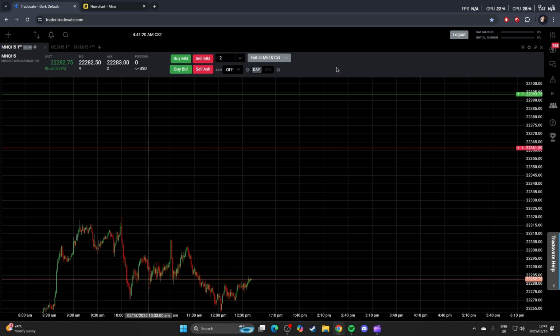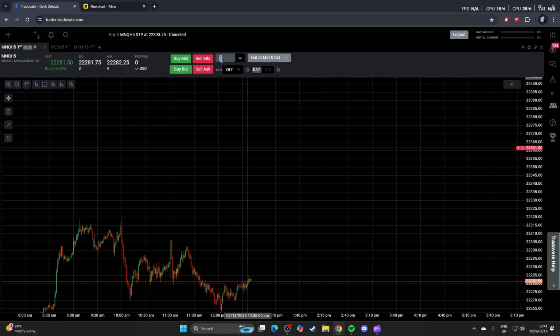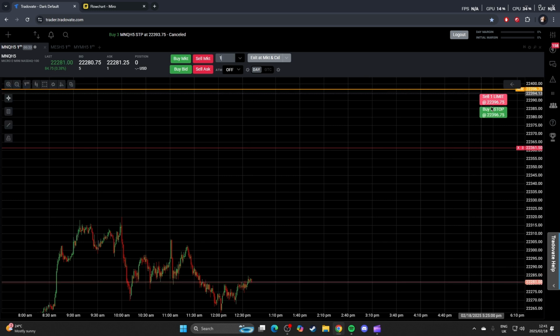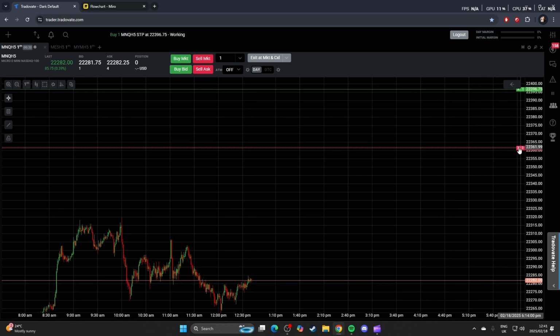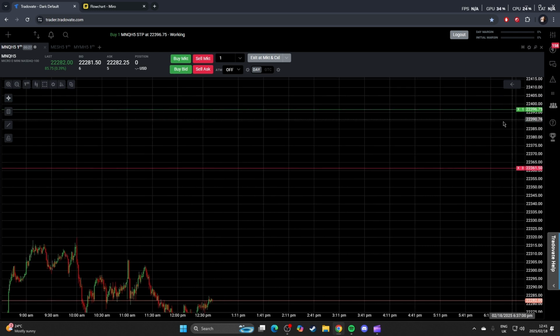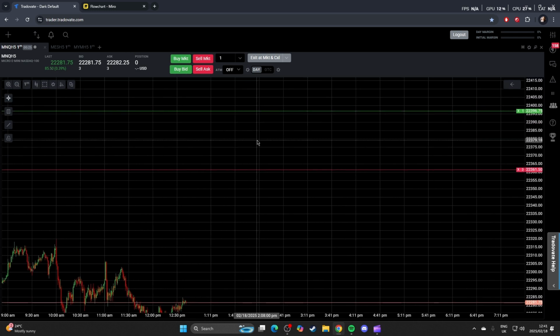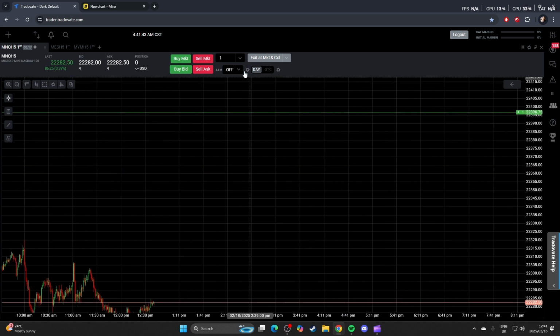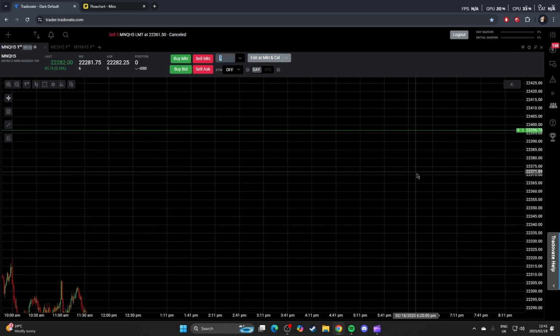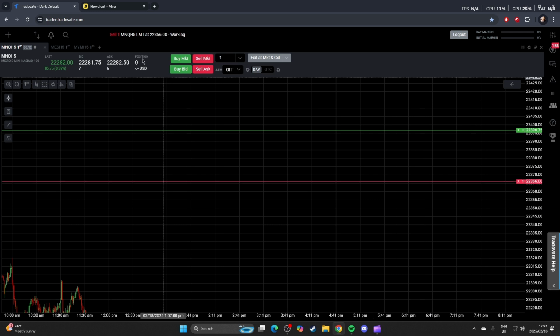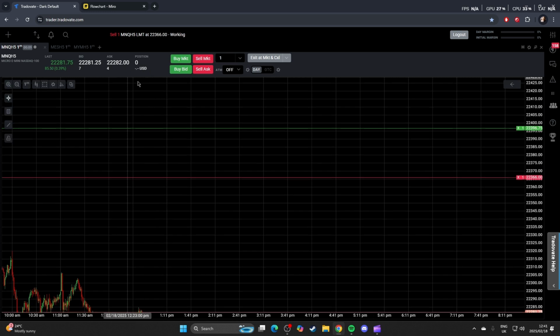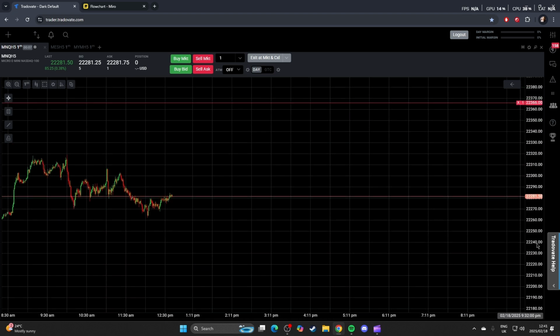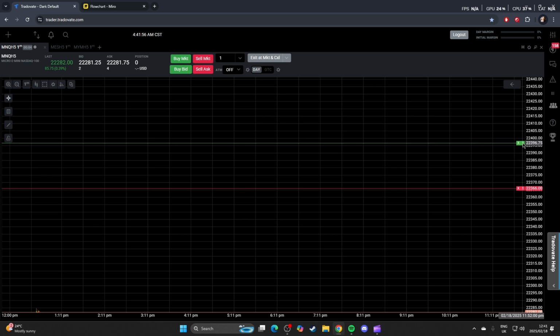Then you'll need to ensure that you remove or change this 3 over here to a 1, as that is going to be very important, because if it remains 3 and you're only in 1 contract sizing, if it trades back to that, it'll tap you out for 1, but then there are still 2 contracts remaining. So it's very important to remember to always look at what this will say over here. So if you're in 1 micro or 2 micros, whatever it may be, it's important that it always matches